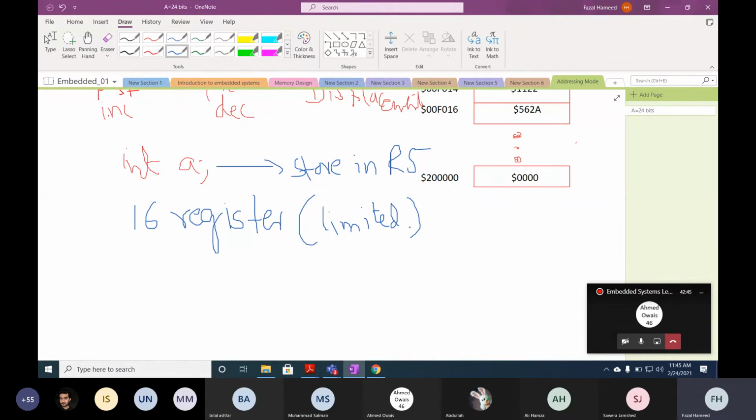Now, go ahead and tell me how we can store a value in an array. By allotting an address. Now it also depends upon the size of the array. If the array is small, let's assume int A with 4 locations, you can store all the values in the registers. Your problem will be solved. But if the size of the array is large, it means that you cannot store all of the values in limited registers.